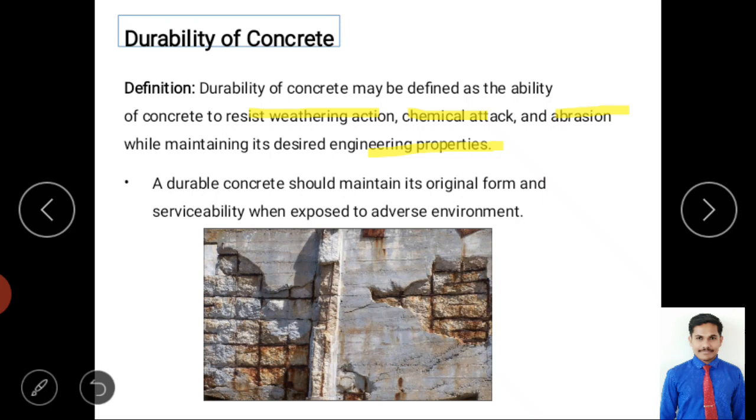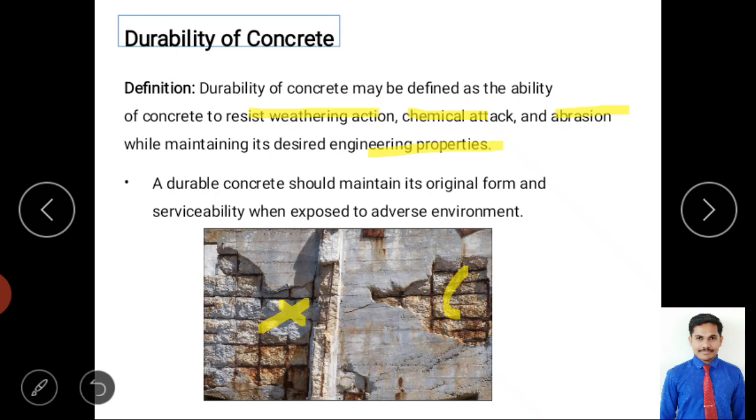So desired engineering property means load carrying ability, right? Safety, durability, stability. All of it is what we are designing for some particular load condition, a particular requirement. So those particular requirements should be there in that structure, but it has to resist the weathering action or decaying. You can see in the image, because of some decaying or weathering conditions, the plastering layer or concrete layer is collapsing. Why? Because it has less durability and it is not resisting properly.